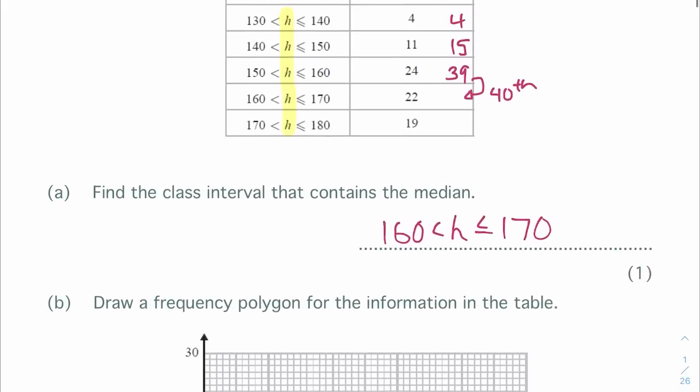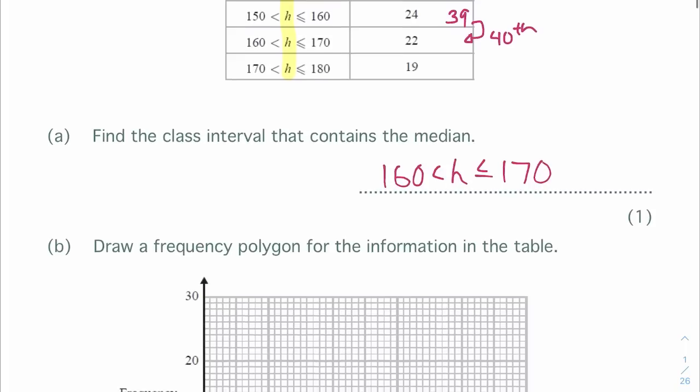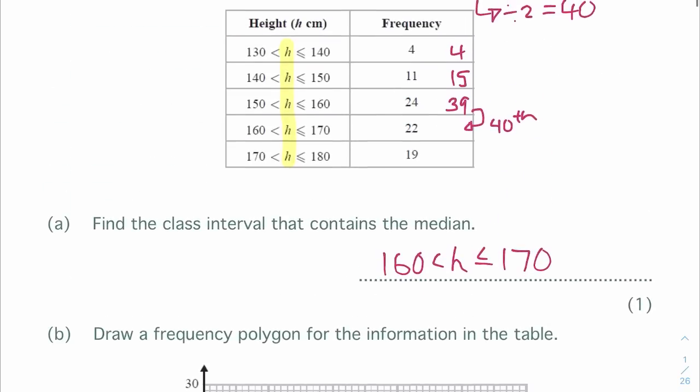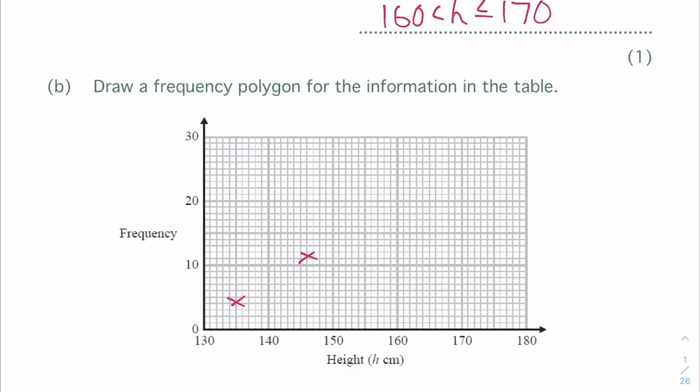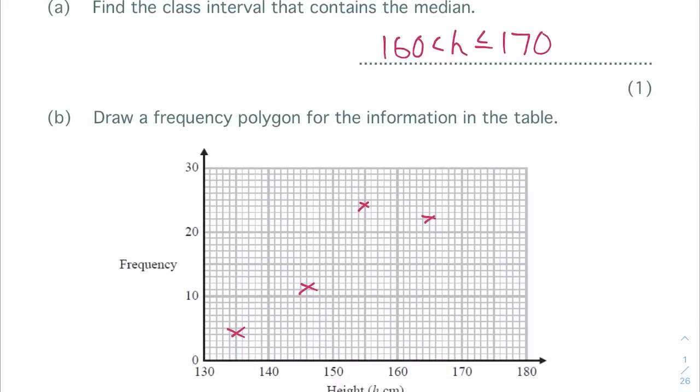There is 4, and then it's going to go up every 10 from there, so 145, 155, etc. And we've got 11, 24, 22 and 19. So 11, just there, 24, in fact let's just check, yeah it was 24, 24 will be just 4 above the 20, so that is 1, 2, 3, 4, then 22, and then our last one was 19. So for the last one there, just one below 20, 19, and then you get your ruler and your pencil,